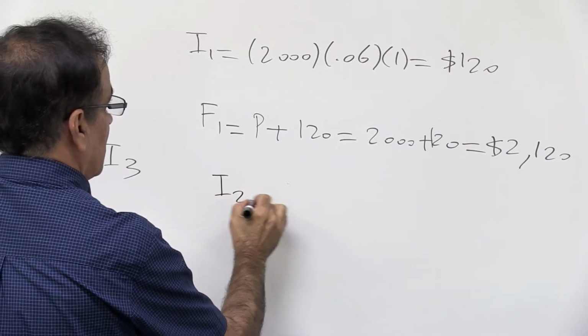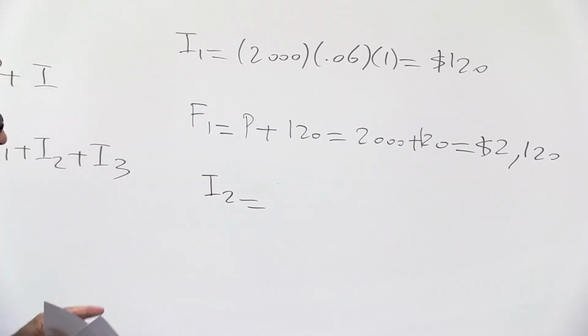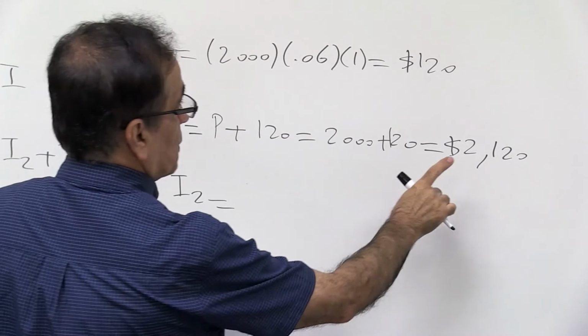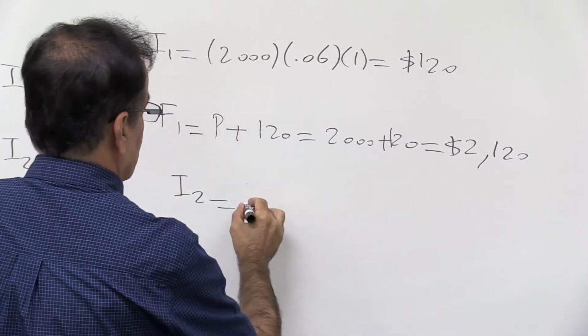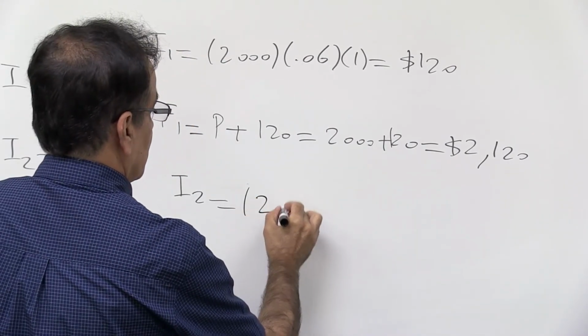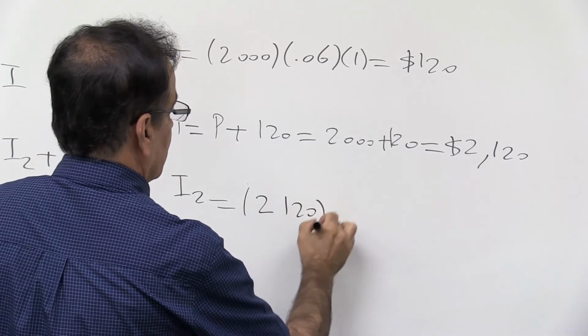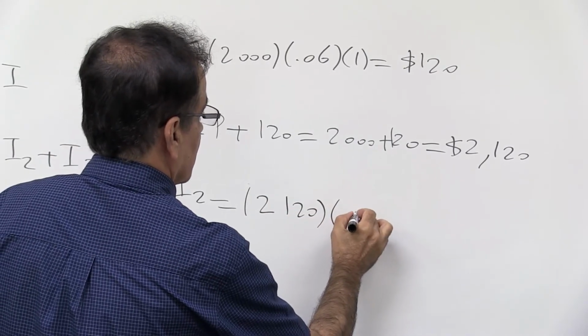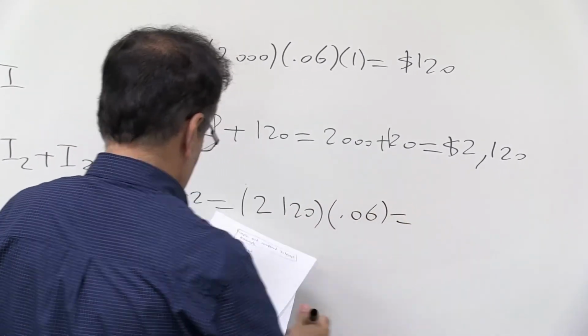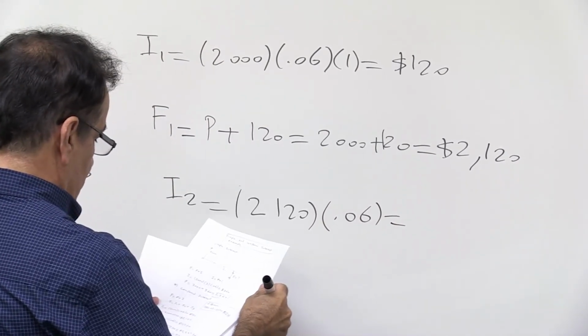The interest for the second period is going to be equal to how much you owe at the end of the first period times the interest rate, which is $2,120 times 6%. And that's going to be equal to